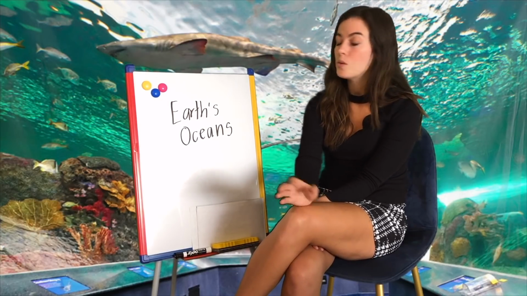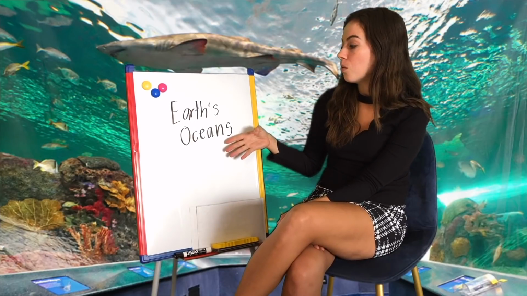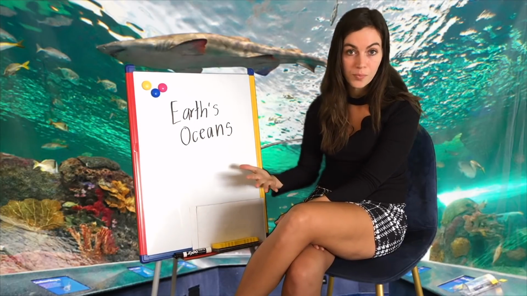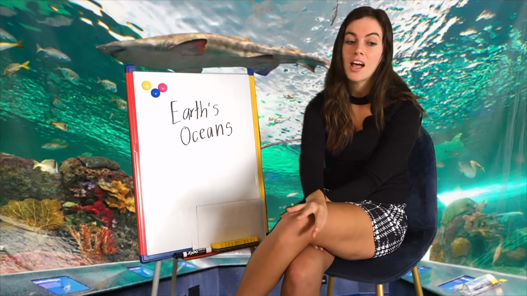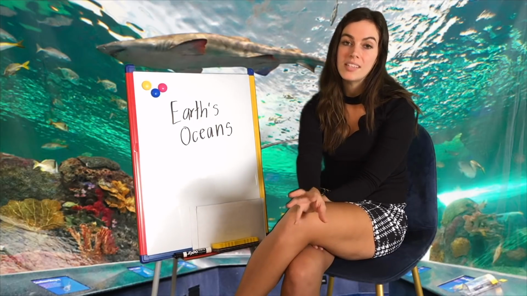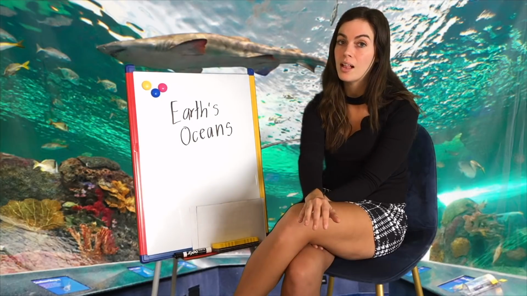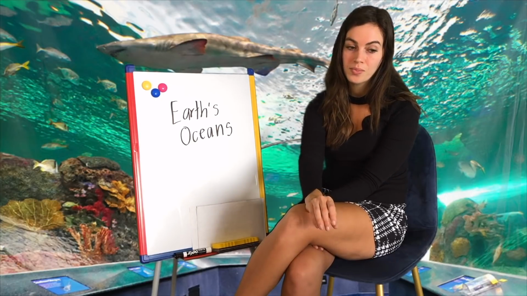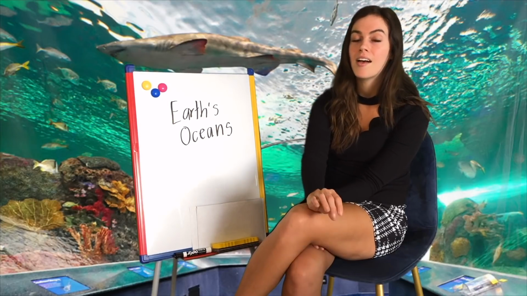So what is ocean water made of? So when we think of ocean water, we think of salt water, right? So it's a mixture of gases and solids dissolved into pure water. So people who study the ocean believe oceans contain all the natural elements on Earth. So 85 of 90 have been found in the ocean.